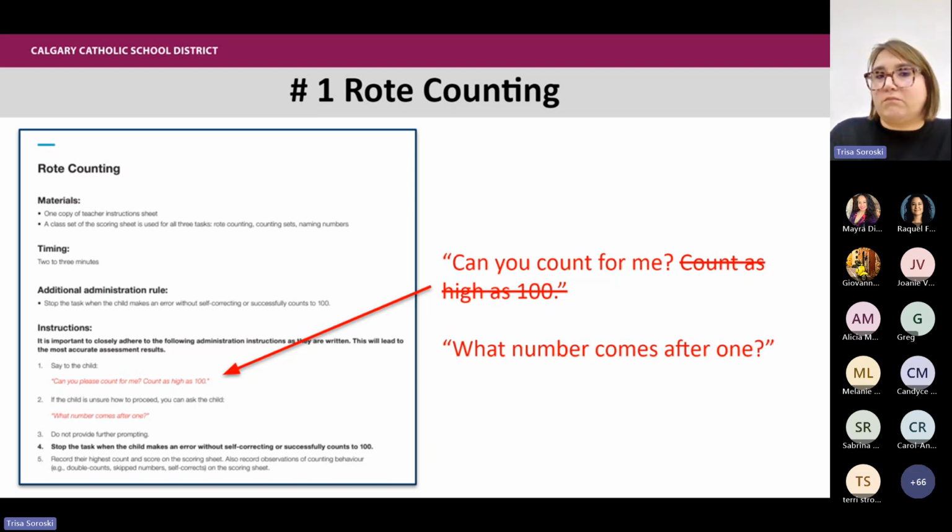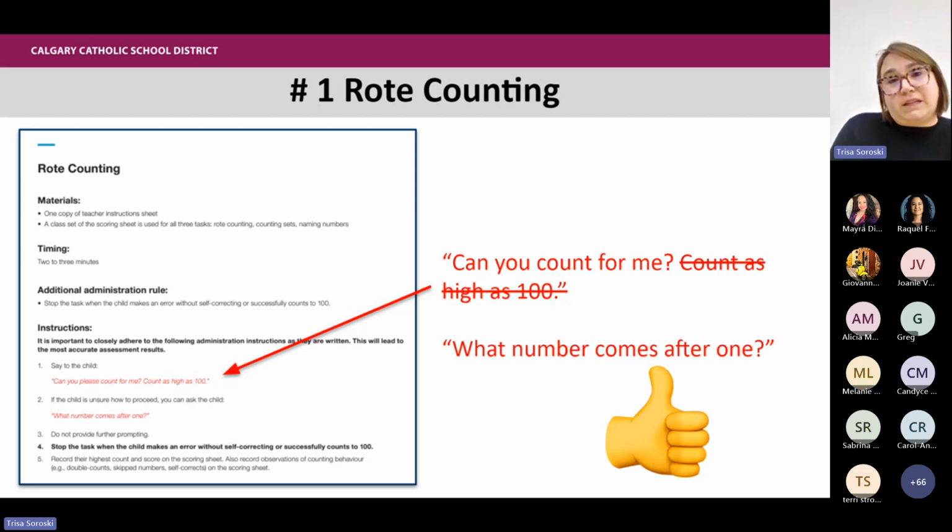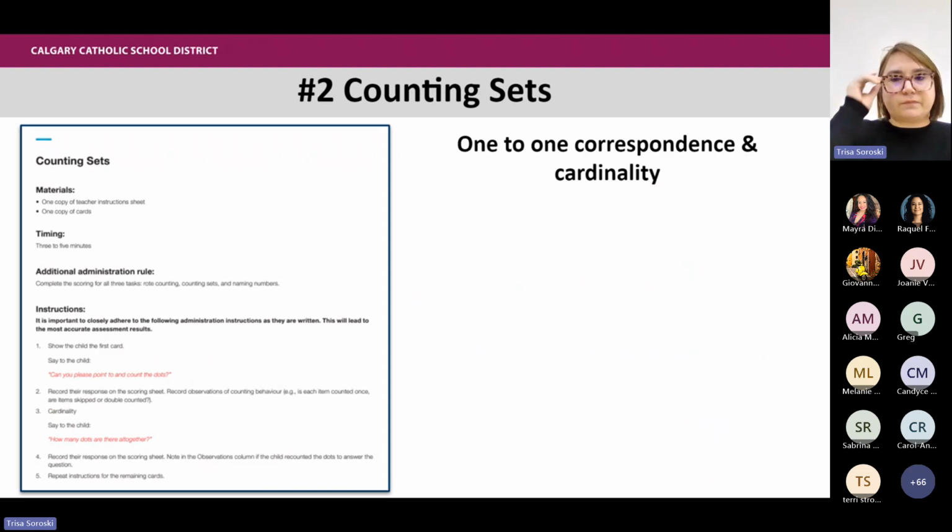So that's the first one. You see how high they can count. We mark it on that first score sheet. I put a thumbs up here because I think this is a good assessment. We do want to know if our students can count from 1. And if they can't, we need to identify that as a gap in their numeracy understanding. They should be able to at least count a little bit by then. So this is a good assessment. This is one that I feel is worth putting some energy into to get some good data about our students.